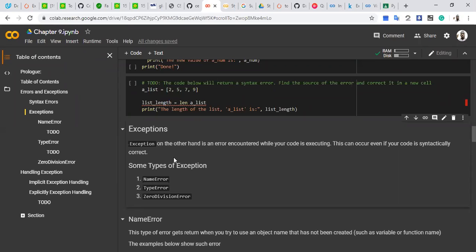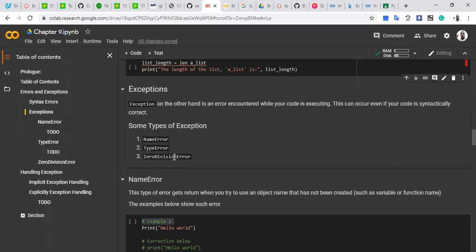I don't know of any, and I doubt if there's any. Most likely there is none. So you most times would even want to figure out when a result is going to give you a divide by 0 situation. In the same way, if you try to divide any number by 0, it gives you a zero division error. If you try to make use of an undefined variable, it's going to give you a name error, just like